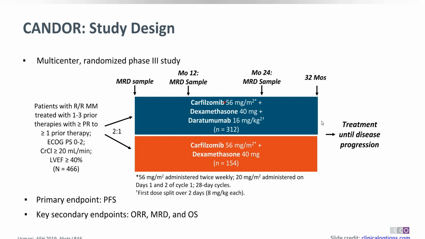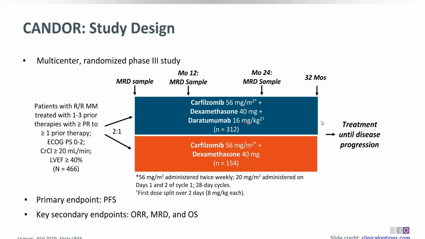Carfilzomib is a proteasome inhibitor, in the dose of 56 mg per meter square, twice weekly, with 20 mg per meter square on day 1 and day 2 in the first week. So the initial dose is a higher loading dose, and then it is given twice weekly, divided into day 1 and day 2. Daratumumab 16 mg per kilogram is the dose. The difference here is that daratumumab is per kilogram, and again split into 2 days, 8 mg per day. I think this is a peculiar schedule.